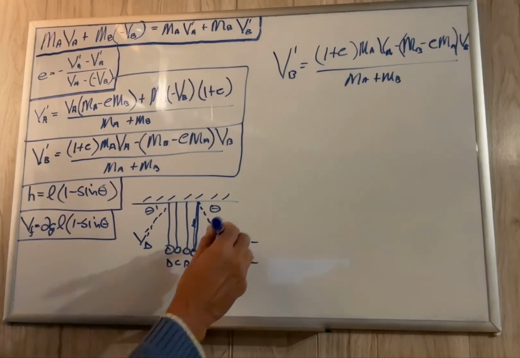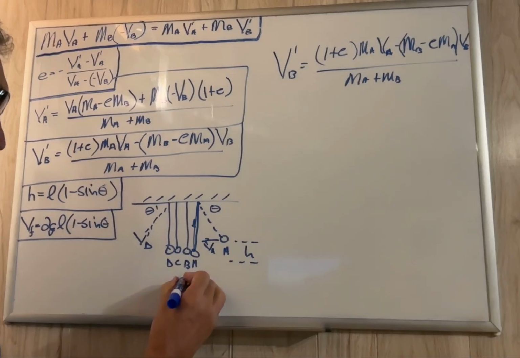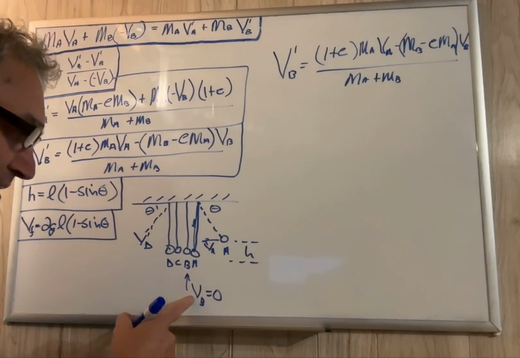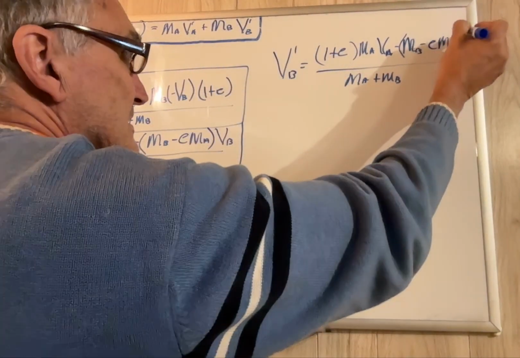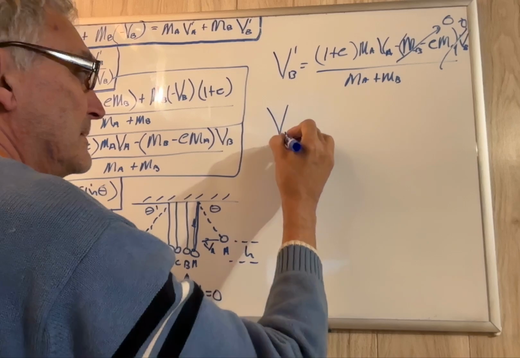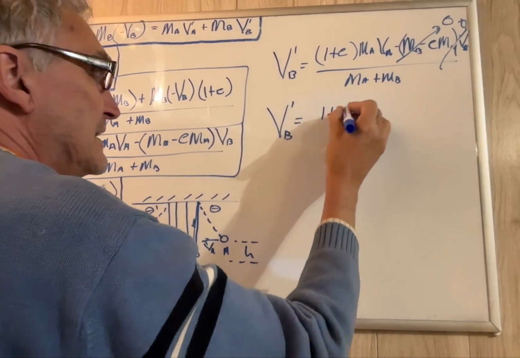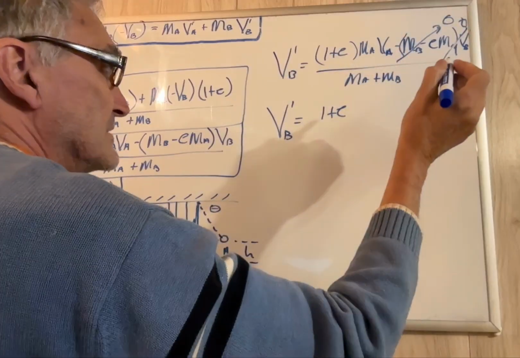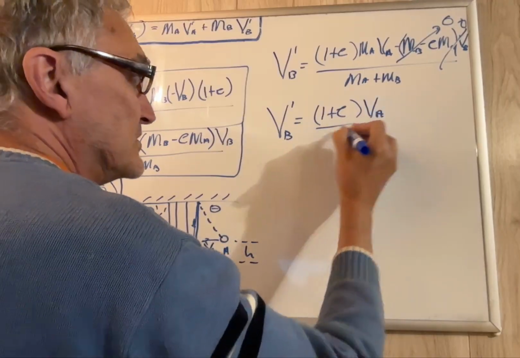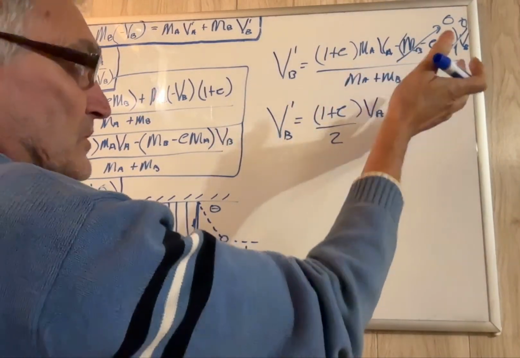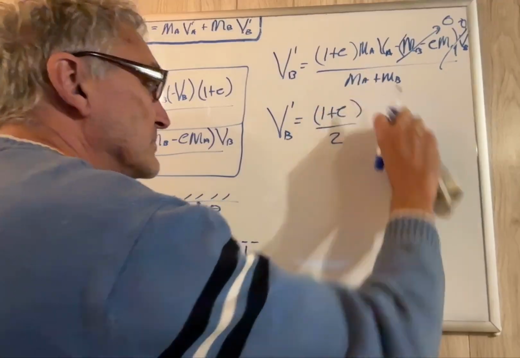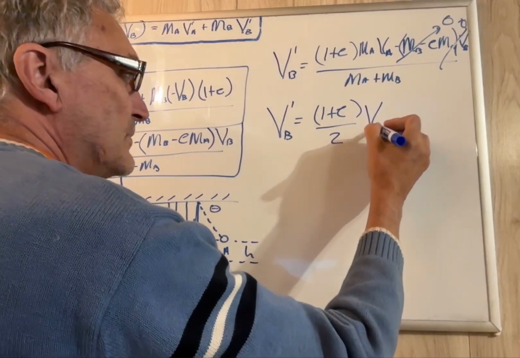But when we think about this, when this ball comes down here, the initial velocity of B is going to be 0, right? So the velocity of B before the impact is 0. So this thing here is 0, which makes this whole term 0. But now we have velocity prime B is going to be equal to 1 plus e, and all the m's are the same, so these cancel, times va divided by 2, because m plus m is 2 m's. So we got velocity B is equal to (1 plus e) divided by 2 times va. How about that? So now we know after impact